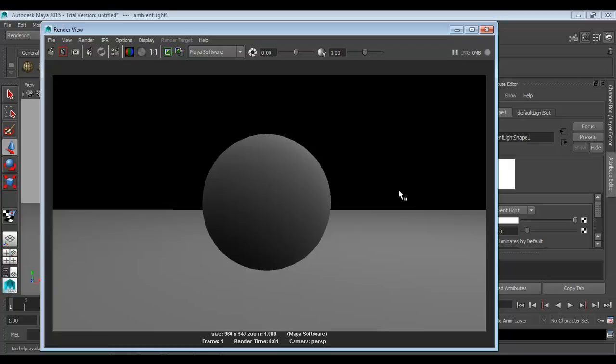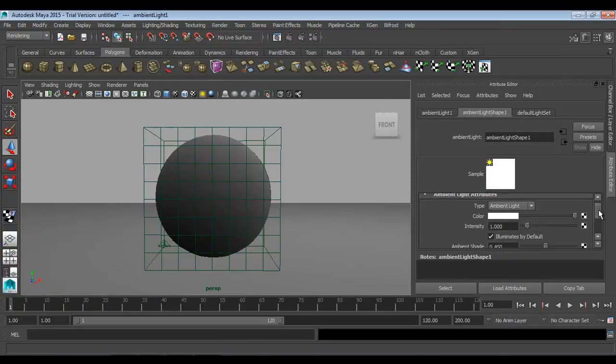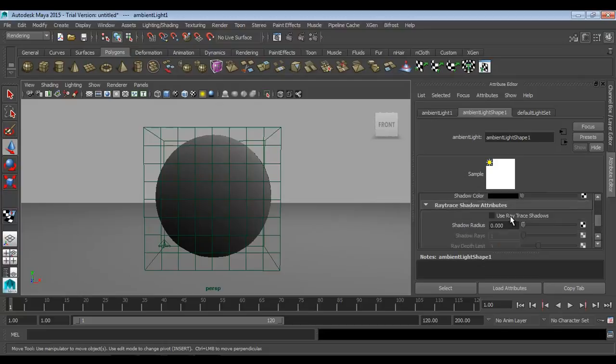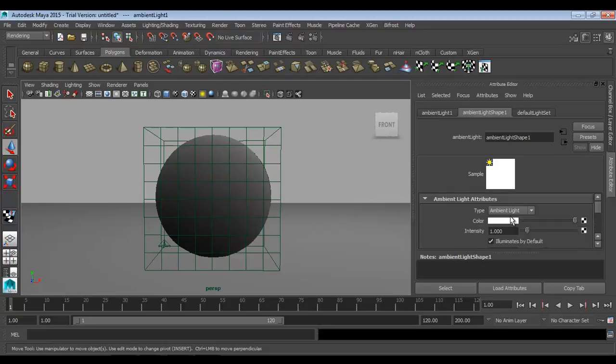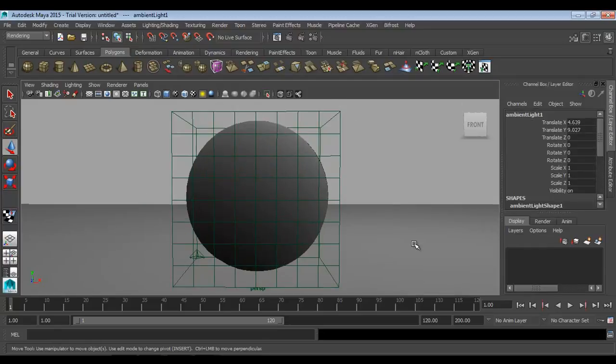There is no shadow right now. We will explain the types of shadow in an upcoming lecture, but just for render purposes you can select the light, go to the shadow section, and turn on ray trace shadow. It is there in ambient light. In another light we can get the depth map shadow also. So I don't want to use ray trace right now because we haven't seen anything about it. So okay, now